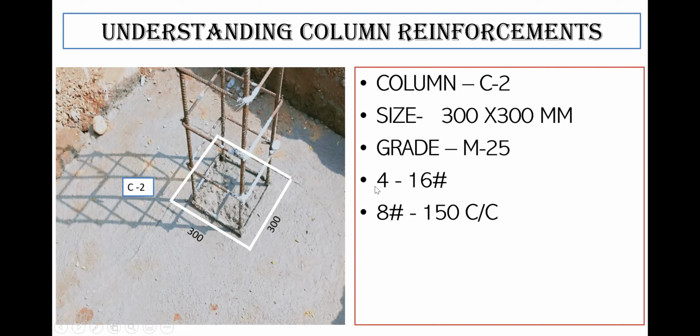Now we'll concentrate on this. What is written here? 4, there is a dash written here, and it's written 16 dia. So how do you have to read this? This means that you have to provide 16 diameter bar. So this hash stands for diameter. Some engineers write hash here, some engineers write diameter here, some engineers write Y here. So it's all one and the same. So I'm writing hash here. That means you have to provide 16 diameter bar. That is fine. How many numbers do you have to provide? You have to provide 4 numbers of that 16 diameter bar.